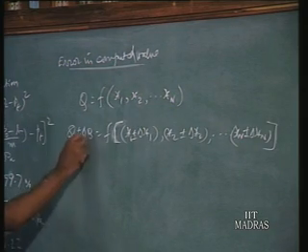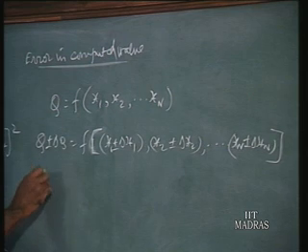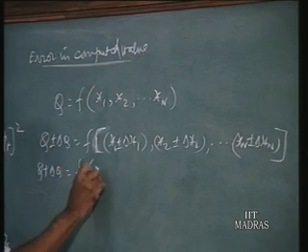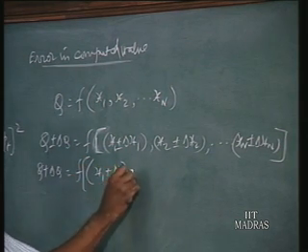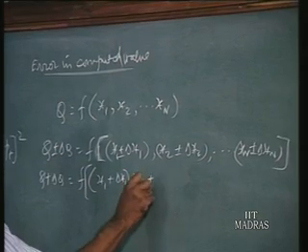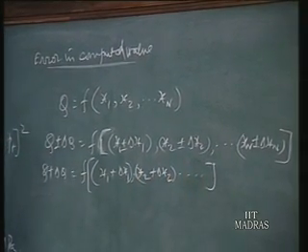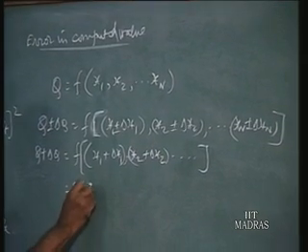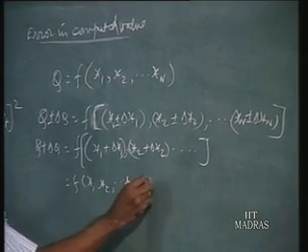Now we want to find out the magnitude of delta q. So we simply omit one of the signs. We can also write q plus delta q is equal to the function of x1 plus delta x1 and x2 plus delta x2. Omitting one of the signs, we can write it like this. Now we expand the right hand side by using the Taylor series. By using the Taylor series, you can write it as the function of x1, x2 up to xn plus